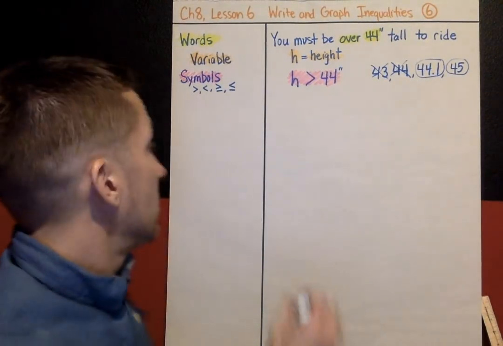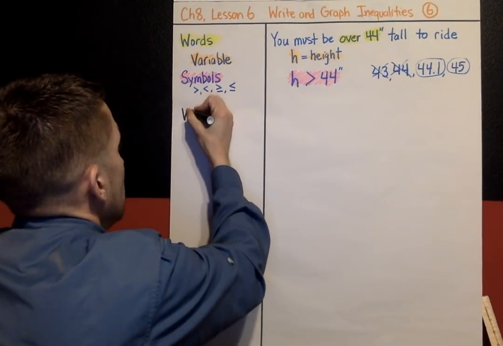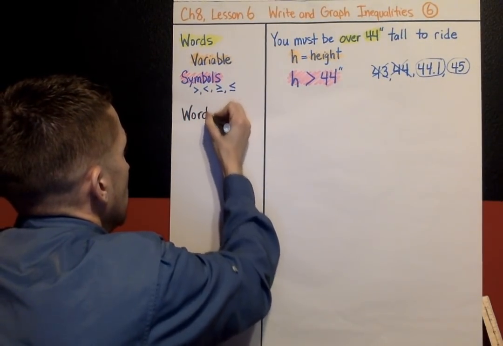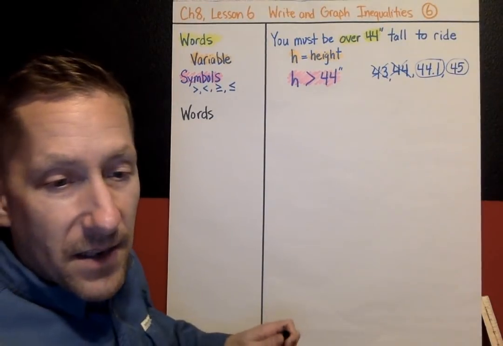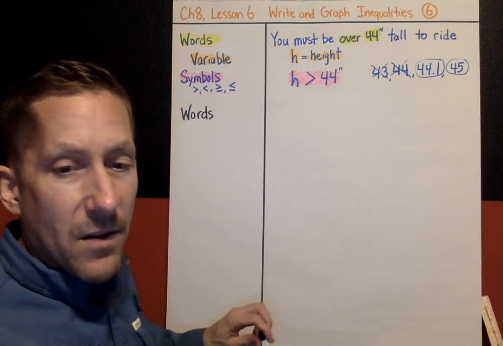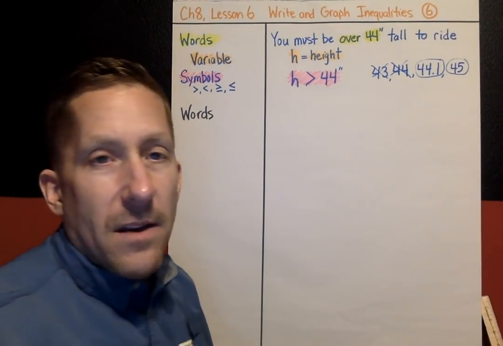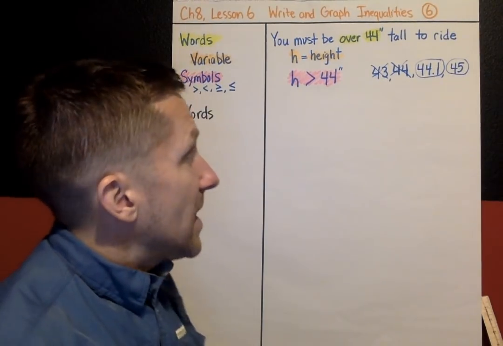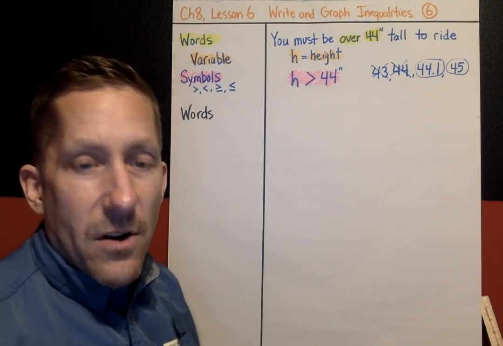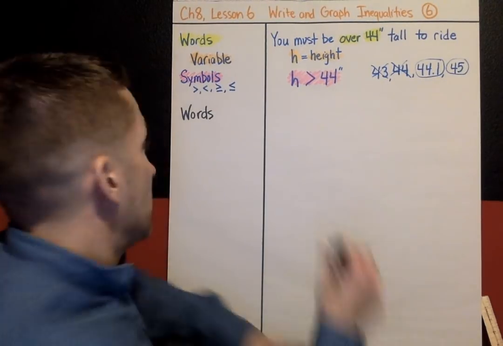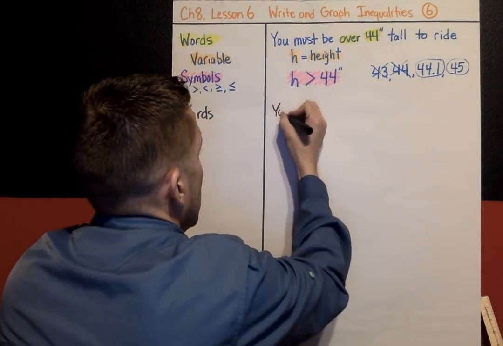Another example. Okay, so we're going to start with words. Our next inequality says you can spend no more than 75 bucks. You are going shopping and you've got a gift card or money. You have $75. So you can spend